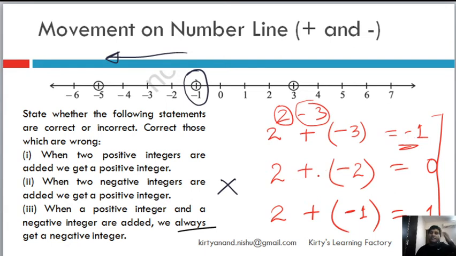When the numeric values are the same, you get a 0. We will come to this concept. This is called additive inverse. Any two numbers which, when you add them, give 0, are mutually additive inverse of each other. So the additive inverse of 3 will be -3, of 4 will be -4, and so on and so forth. And when a positive integer and a negative integer are added, where the negative integer's numeric value is less than the positive integer, so 1 is less than 2, in that case you get a positive. So for any integer it will be true. Keep that in mind.